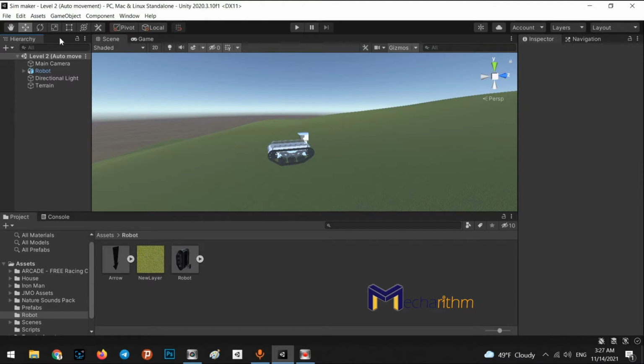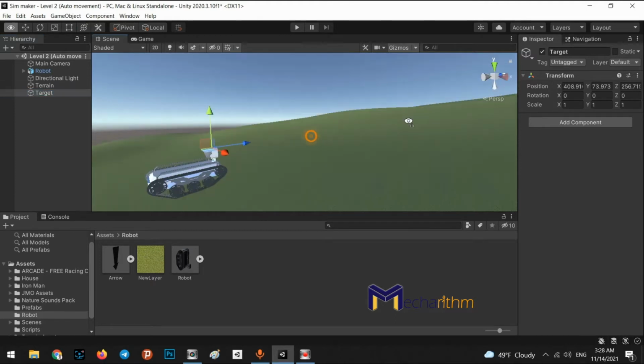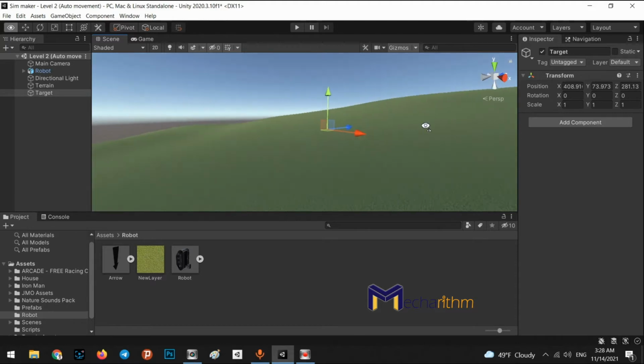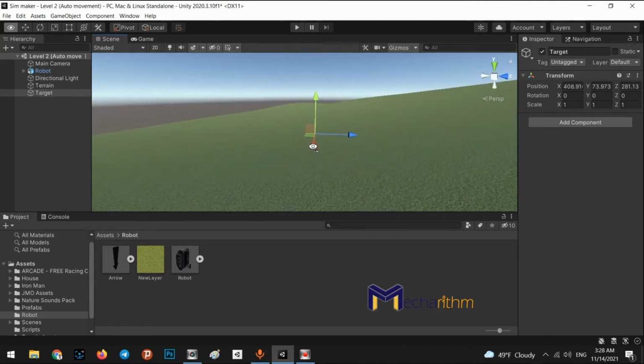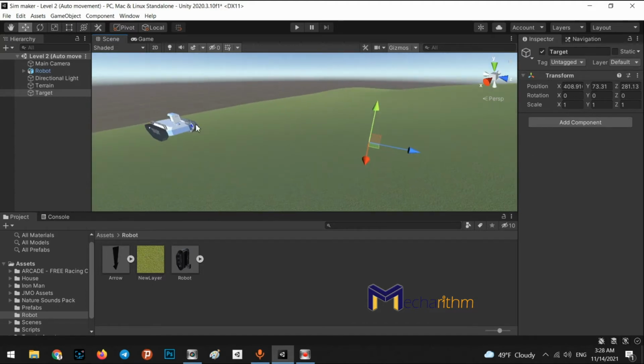So we will add it. We'll call it target. It is an empty object. Once we put it anywhere and give the transform position of this target to the NavMesh agent,